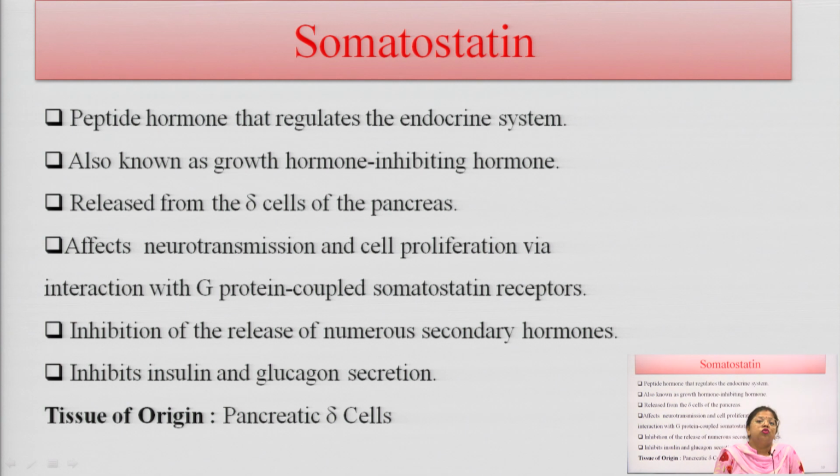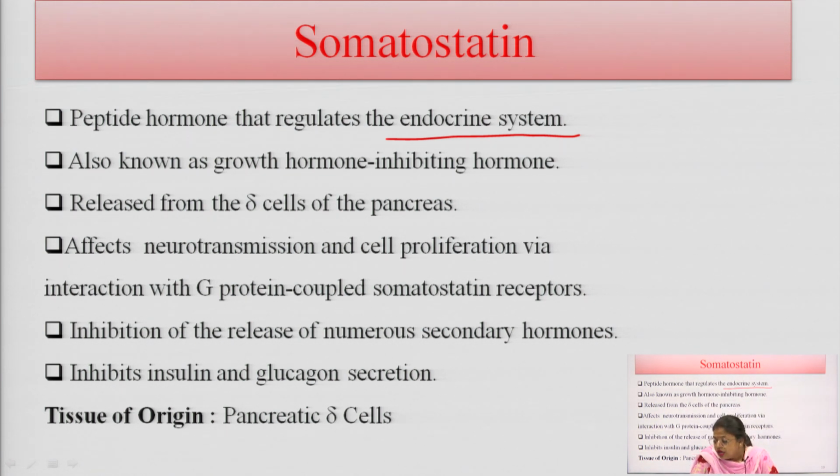And the third one is somatostatin. What is somatostatin? This is also a peptide hormone which regulates the endocrine system. We can also know this as growth hormone inhibiting hormone. It regulates the release of insulin and glucagon from the pancreatic cells, and